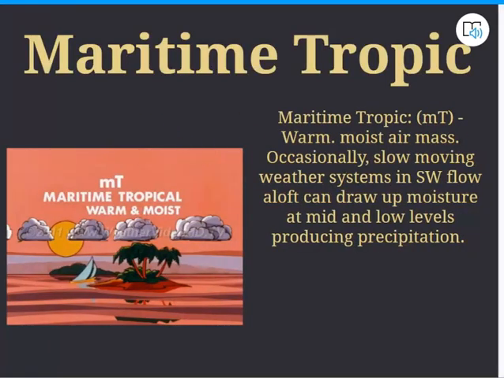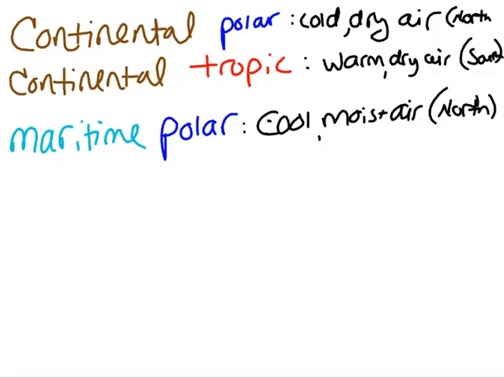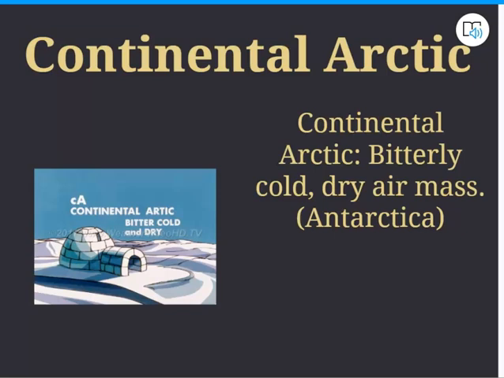The next one is maritime tropic. Well, polar was cold. What does tropic air sound like it's going to be? Hot, moist air. That's coming from where? In relation to the equator, closer to the equator or further away? Closer to the equator, so to the south of us. Yes, it is going to be more moist because it's warmer. You are correct. So jumping back to that first word of continental, what's the air going to be like? Dry. It's over land. It's dry.